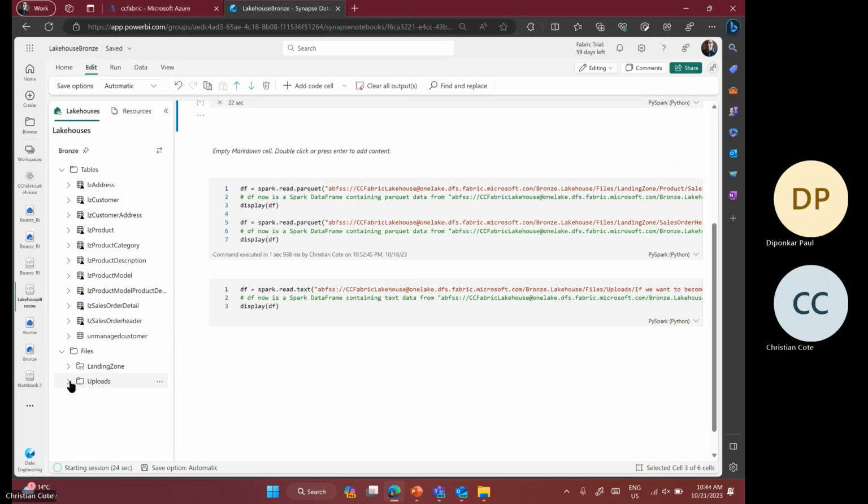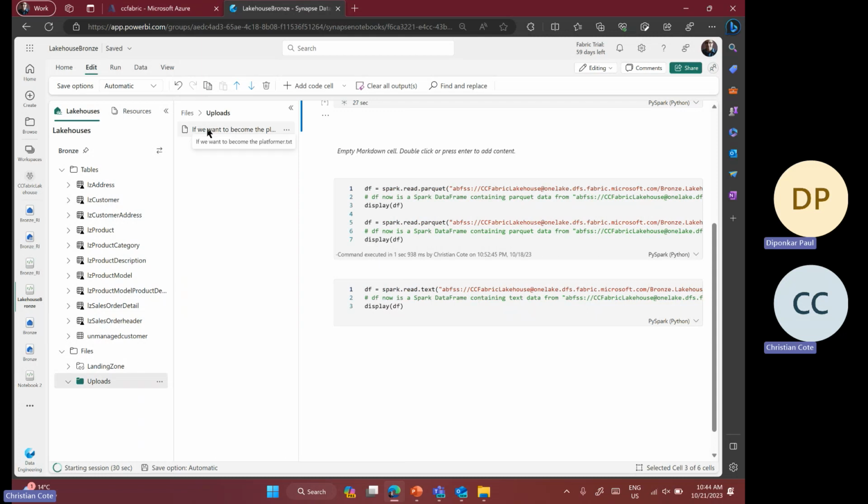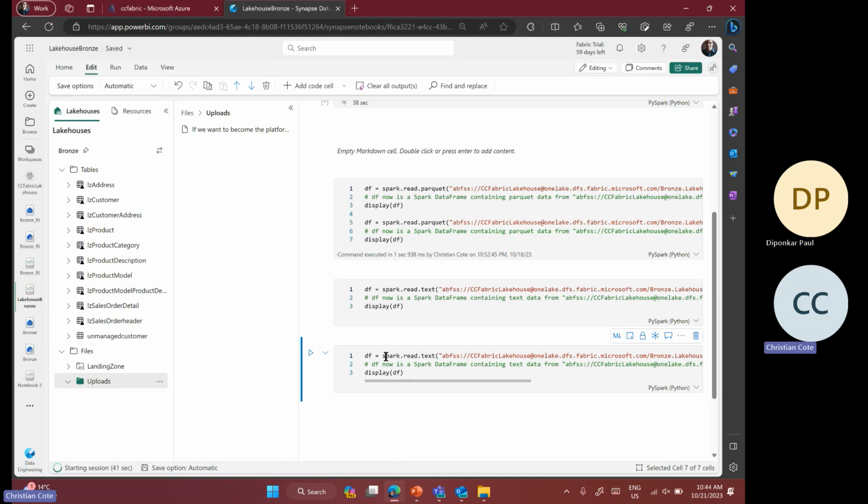So now I can also click on upload here. If I click on it now, I have a text file. It's basically a text file that I use for my documents. What it did, it simply connected to the file, and then it created a data frame for me with the file, a non-structured file, right? What I'm going to do with it after, I can use a Python library after that to extract.